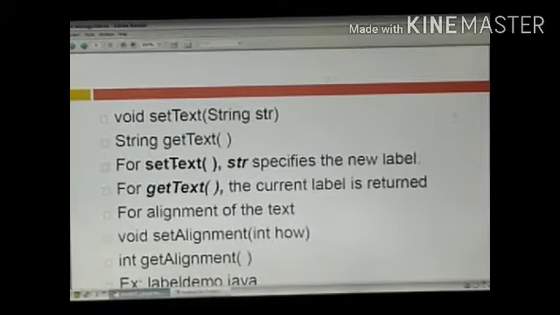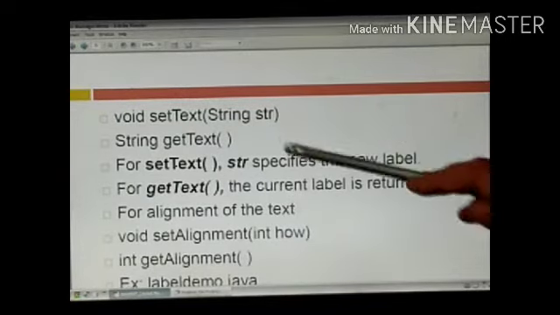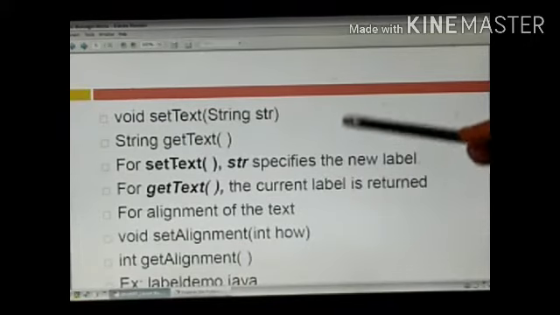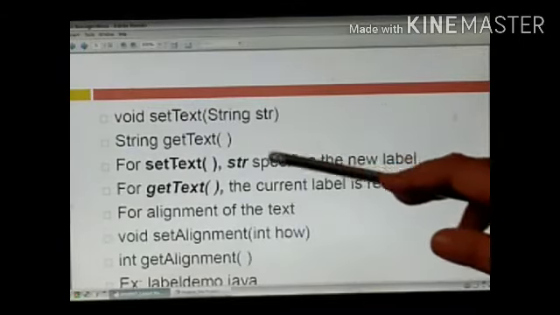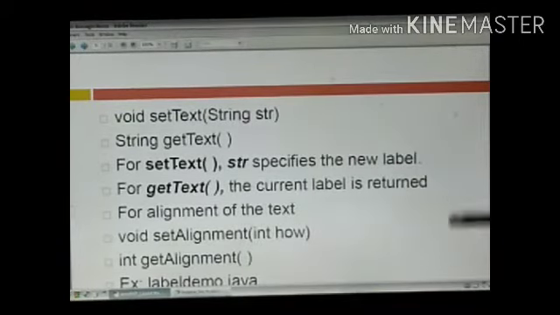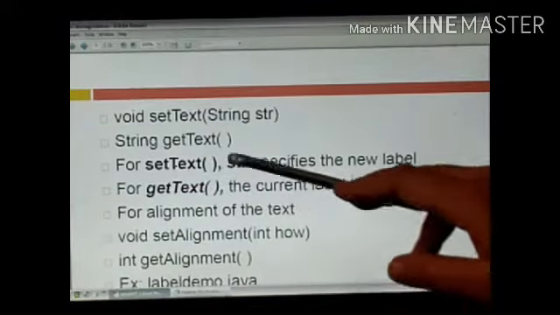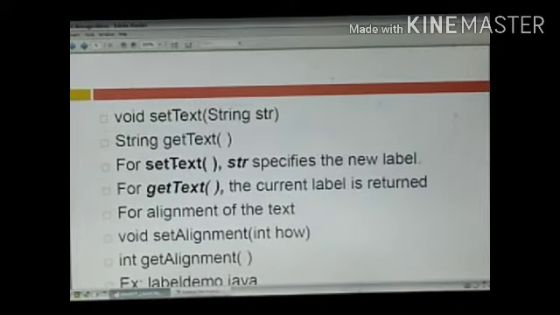We have a few methods on these labels. What we can do with labels is void setText(String str). This is the format of the setText method. String getText() is another format. For setText, str specifies the new label text.